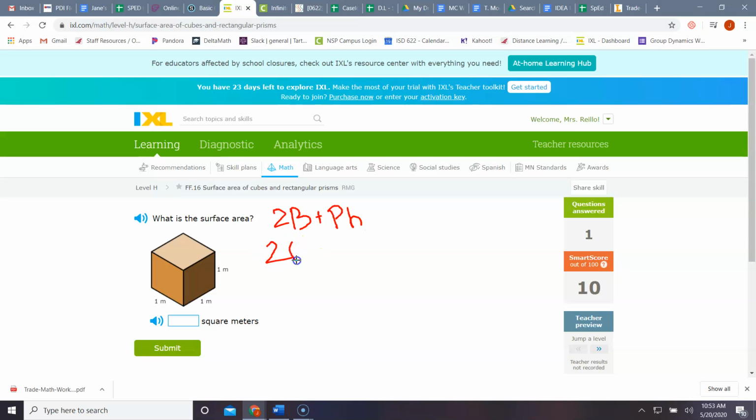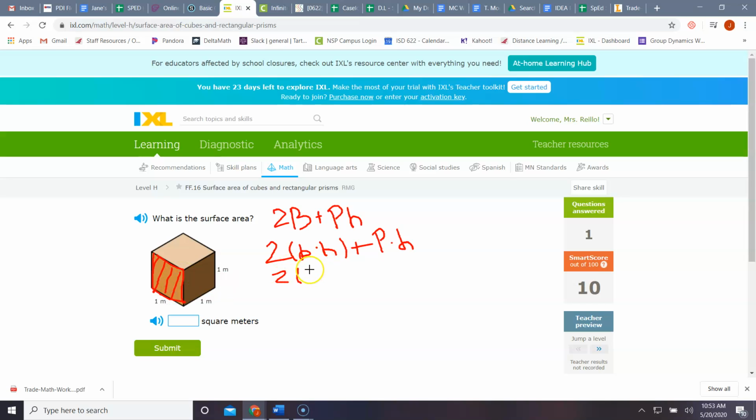So 2 times base times height of the base plus perimeter times our height. Okay, so 2 times, it doesn't matter what we use here, but for this example, we'll go ahead and use this side